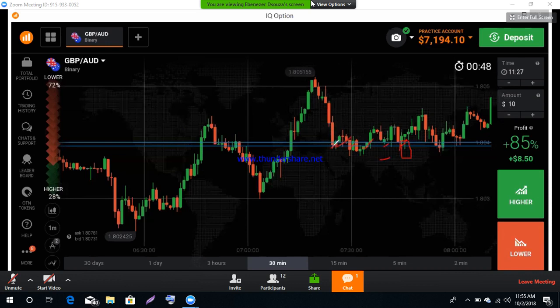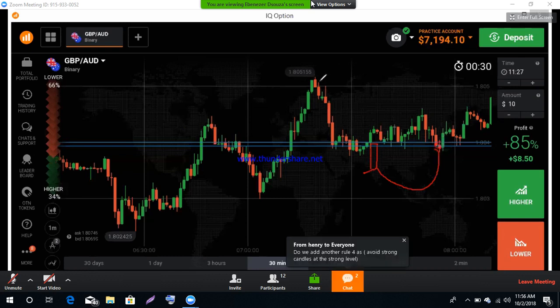It means the market is trying, means it may break this level. So you can trade here for the first time. You can't trade in the same direction again. If you want to trade here, you need to wait for the breakout. When market breaks this level, it will again come to the same level, and you can trade here in the direction. The direction means this is downtrend. You can trade here. Just wait.